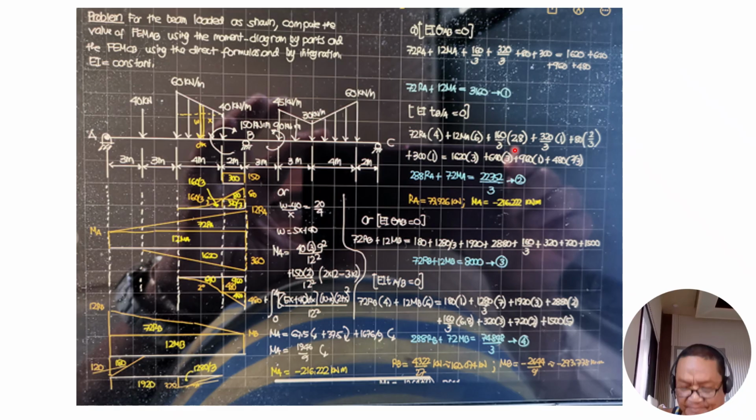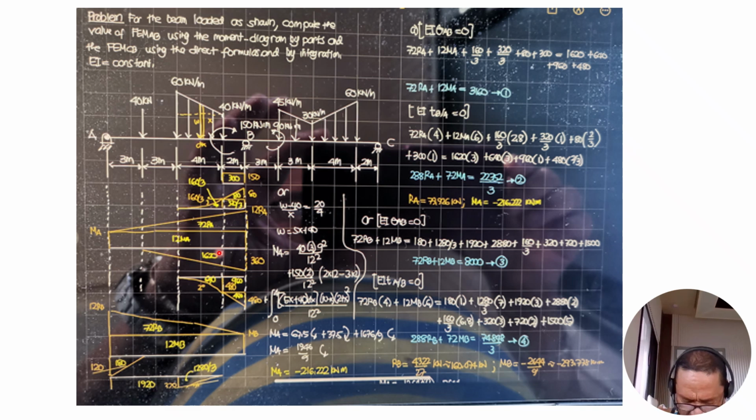Then plus 320 over 3 times 1, this one, and plus 80 times 2/3, 1/3 of 2, plus 300, this area, 300 times 1